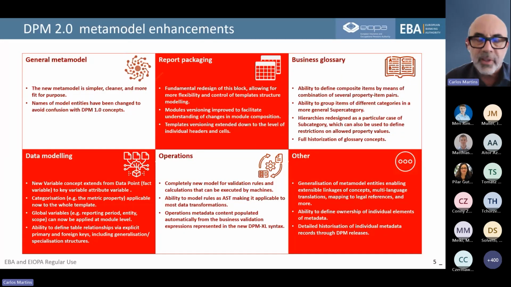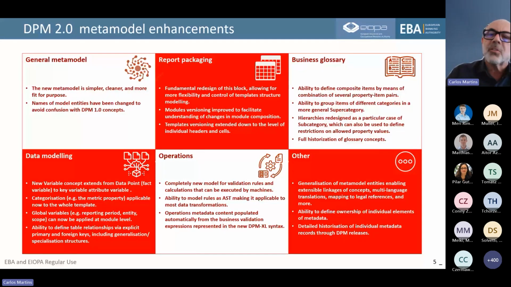The data of this operation metamodel is populated automatically from the business validations, which now have also evolved in terms of syntax. And this is actually one of the reasons, to make this process more automatable. So we have a new syntax, which does not differ too much.